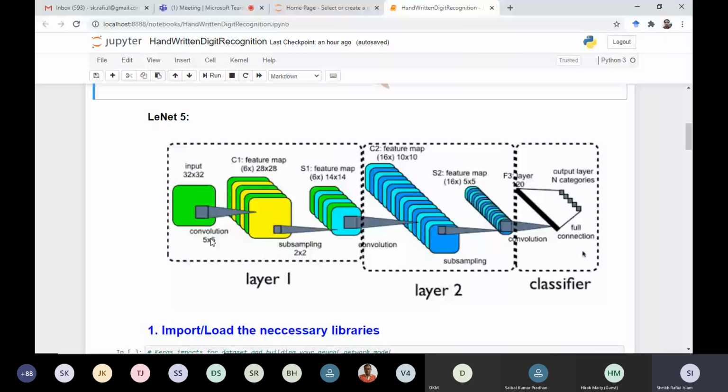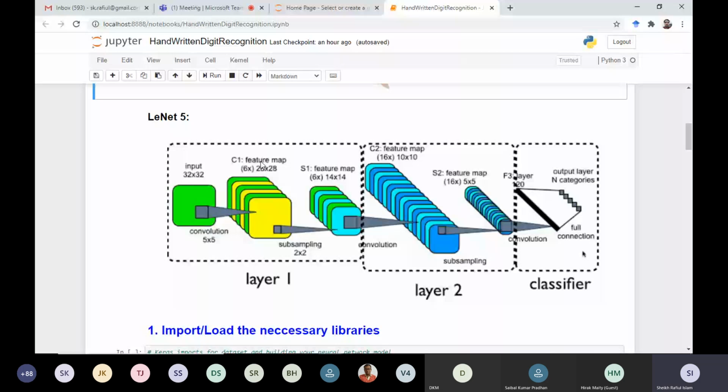If you see this value here, this is 6 into 28 cross 28. 28 cross 28 is nothing but the spatial dimension of the output activation map after performing this convolution operation here. And 6 is the number of kernels we have used. So I think you have understood this portion.